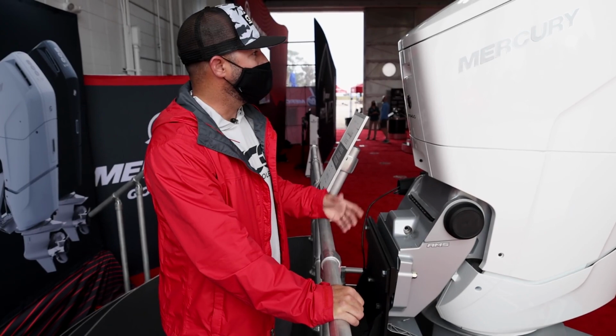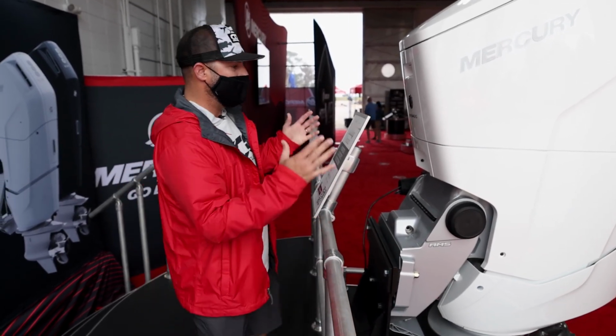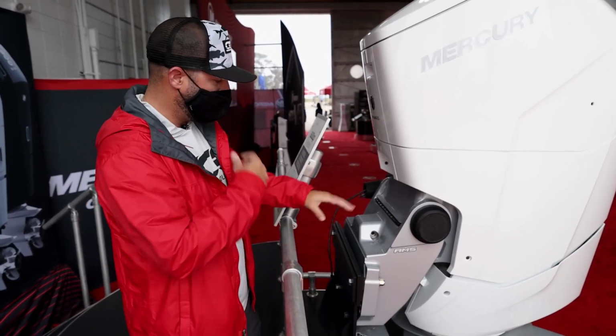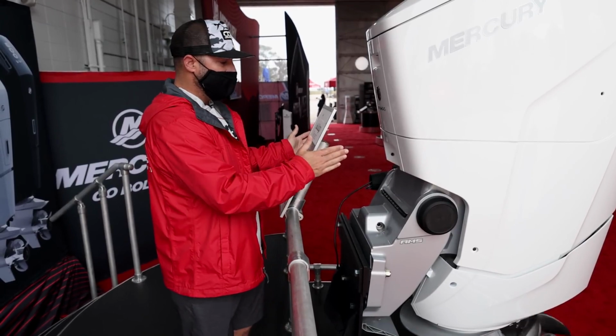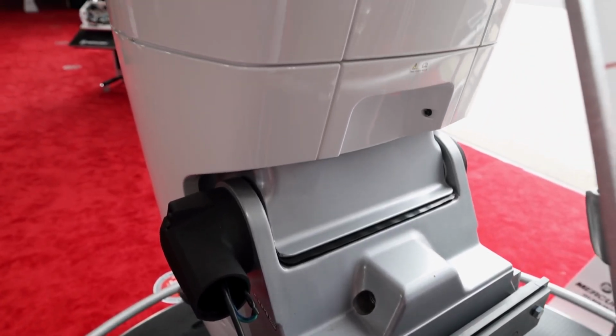So although this is a 600 horsepower V12 7.6 liter, they were able to keep it extremely streamlined, and they actually put the steering mechanism inside the outboard itself, keeping this extremely clean. And you can mount this engine on 27-inch centers. Obviously you don't get the movement of the outboard itself, so not much bigger than your V8 300 setup with